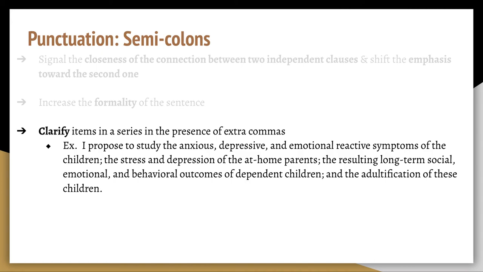If the writer in this example had chosen to use only commas, it would be difficult for the reader to differentiate between the separate components of the list provided above. As such, semicolons used in this way can help to offer a sense of clarity on a sentence level.